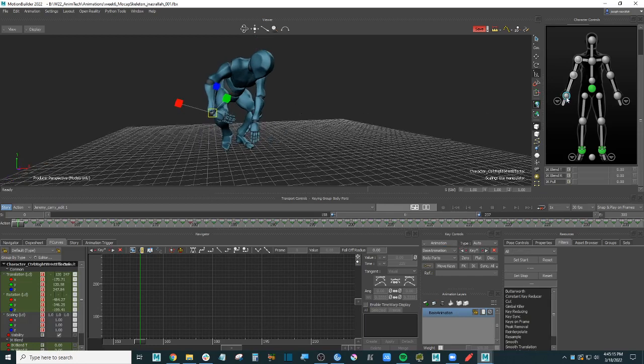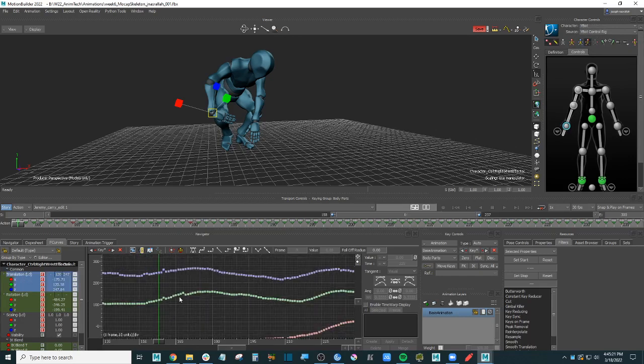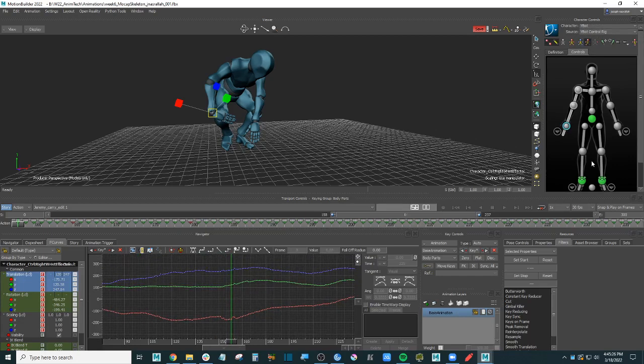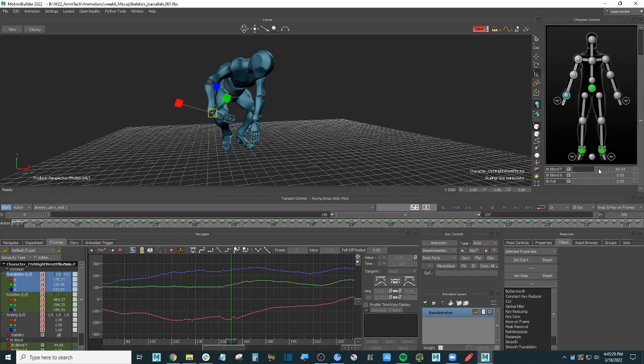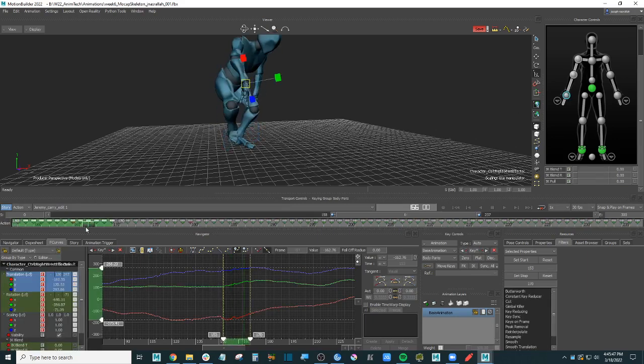Right now the arm is in FK, so if you want to see the curves on it, you will need to switch it to IK. So if you switch to IK, I'll show you the difference. If you try to move these keys here, which is on this frame, see, nothing happens. You can delete the keys, it will update. But if you try to update the F curve, it won't change. Because why? Because